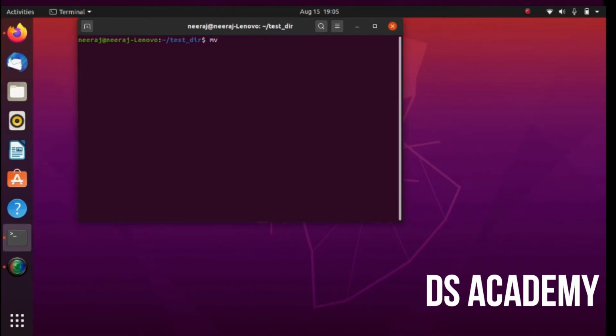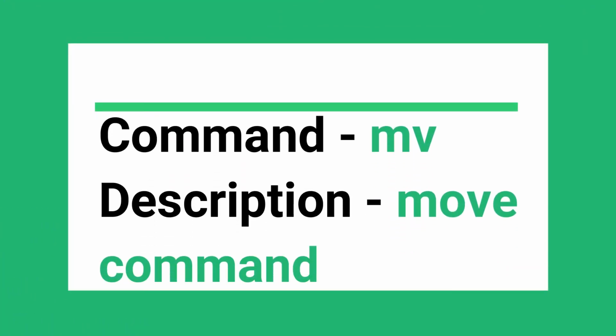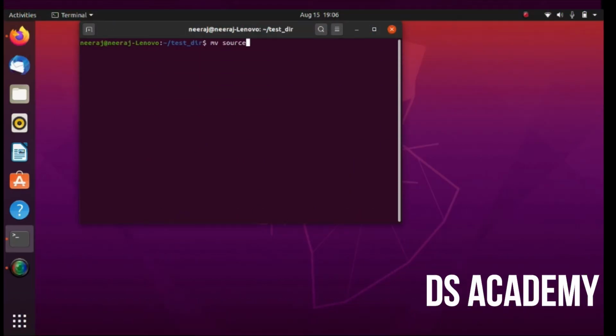Next command is move command, mv. The format is same as cp command. Here what we provide is source folder or file, then destination folder or file.